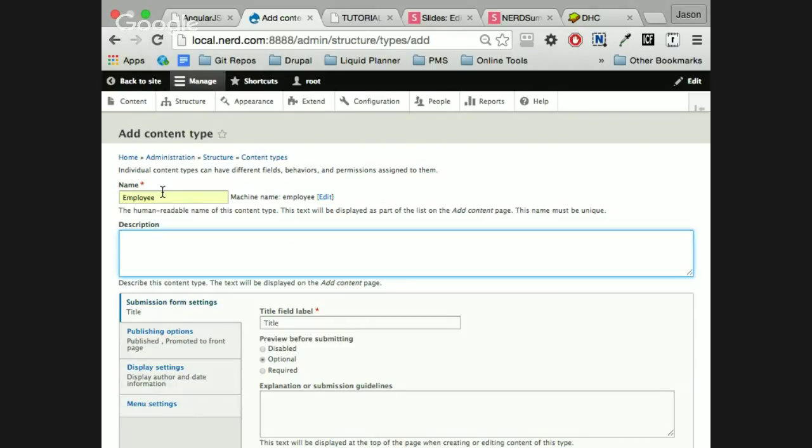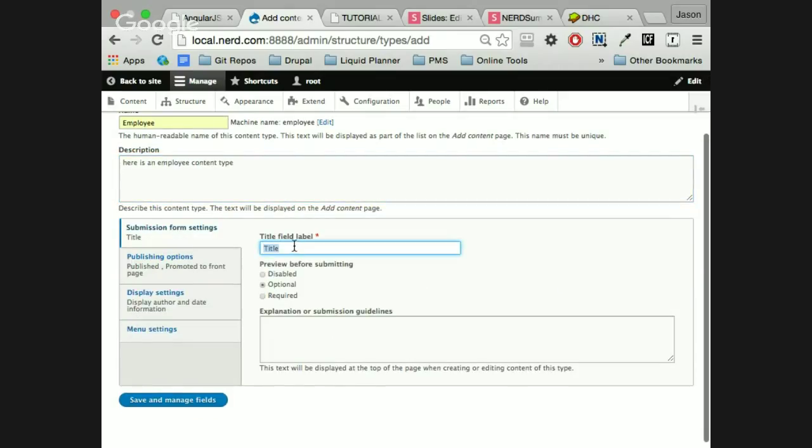Pretty much what I'm going to try to do is provide an external service of employee information based on the Drupal structure, and consume that information from an Angular 1.3.1 version platform. Okay, we're going to change title to first name because we don't need title on an employee. I'm going to save the content type.